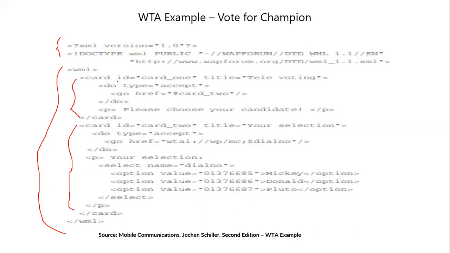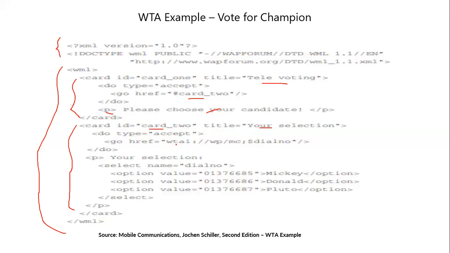In card 1, the card ID is card 1, the title is televoting. The do type is accept, and go href refers to card 2. Within the paragraph tag we are saying, please choose your candidate. And this is the second card. The card ID is card 2, the title is your selection. The do type is accept, go href,